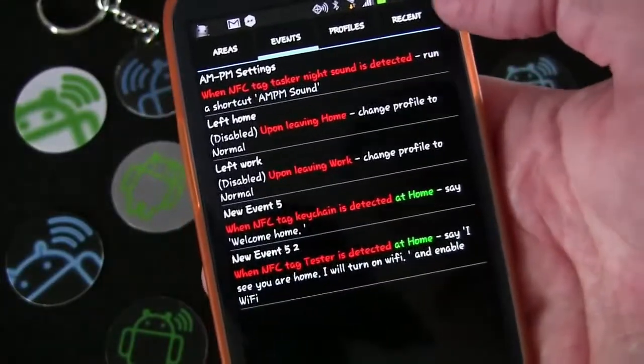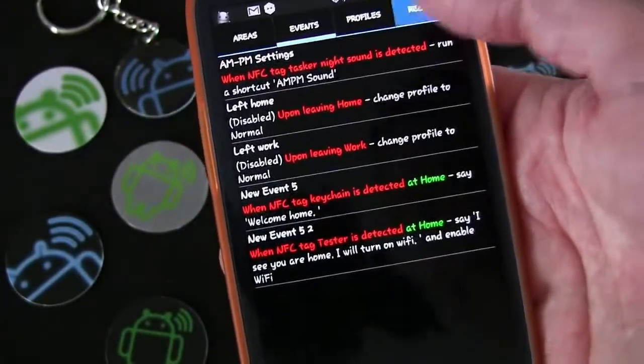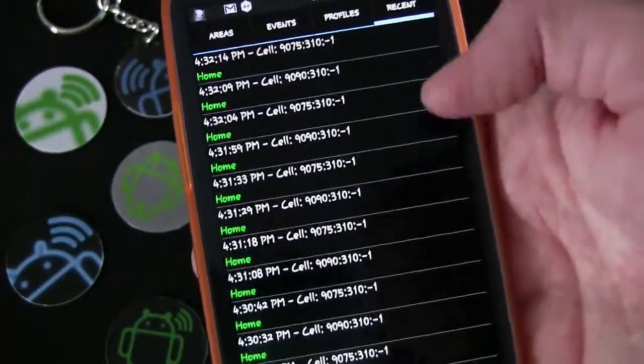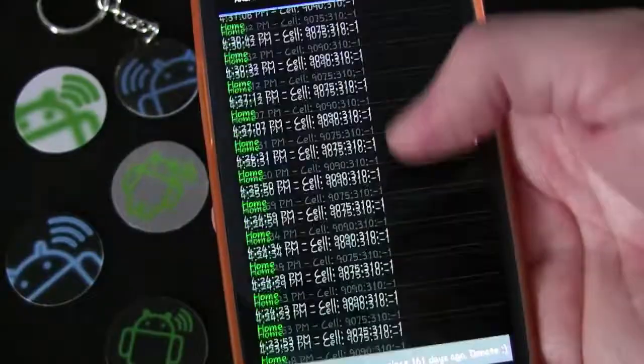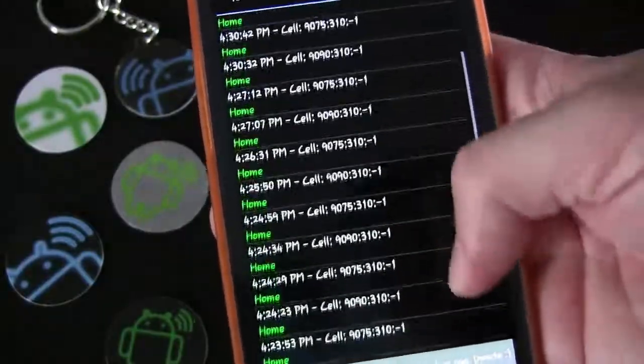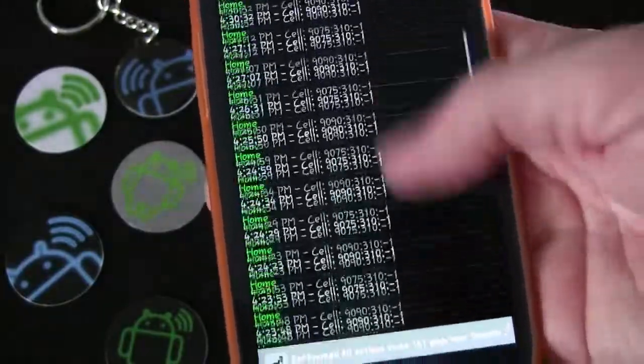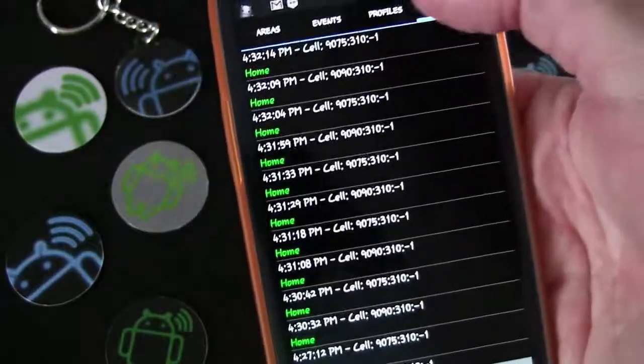Now, if you go to the recent tab, this is all based on location stuff. So it tells you all the cell towers that were recently detected. And if you go back to